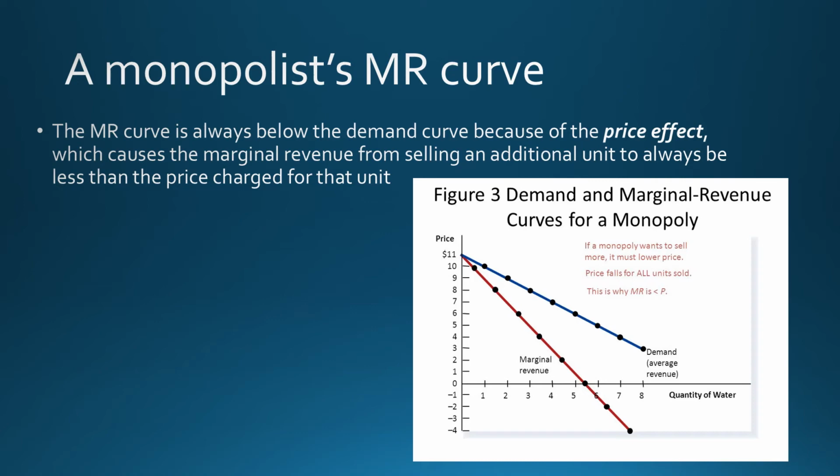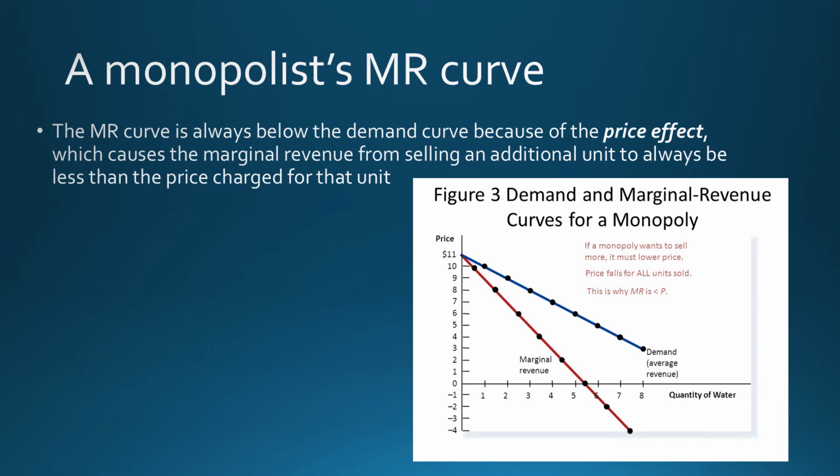It looks like this. It is downward sloping and it is always below the demand curve. It's below the demand curve because of the price effect. So the price effect causes marginal revenue from selling an additional unit to always be less than the price charged